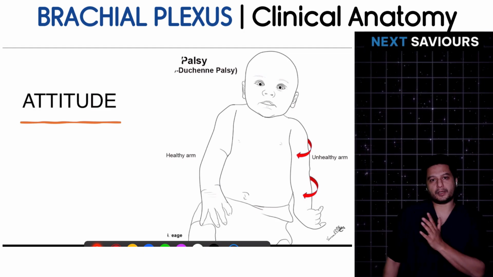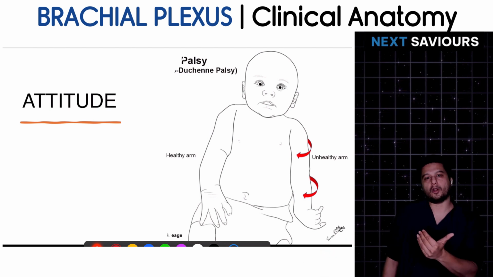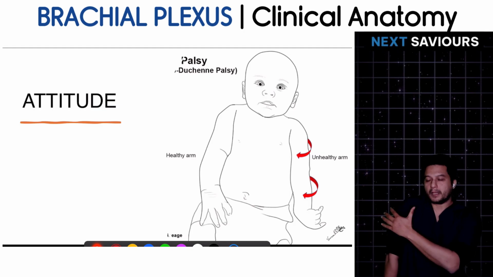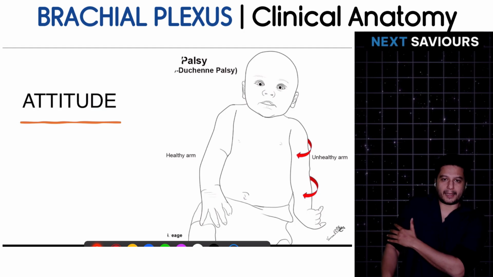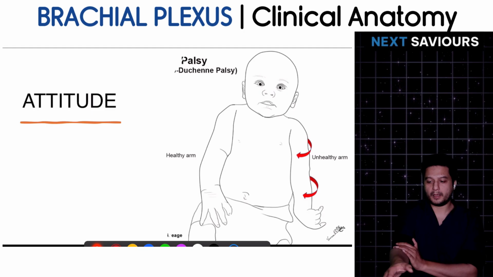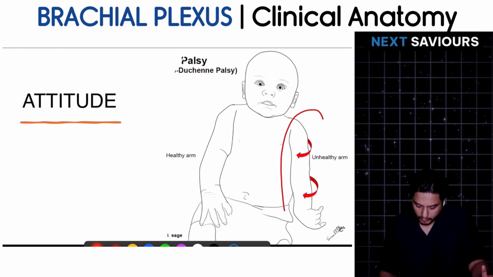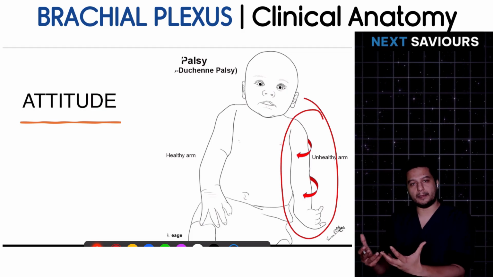Obviously, if the patient is not able to abduct the arm, it will be kept adducted. If the patient is not able to externally rotate the arm, it will be kept internally rotated. If the patient is not able to flex the elbow, it would be kept extended. And if the patient is not able to supinate the forearm, it would be kept pronated. So this is how the patient would be presenting with the abnormality, and this is known by the name of